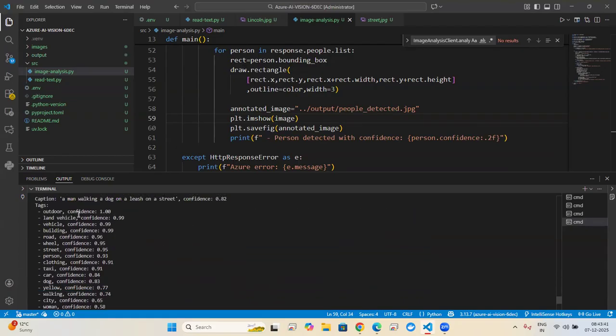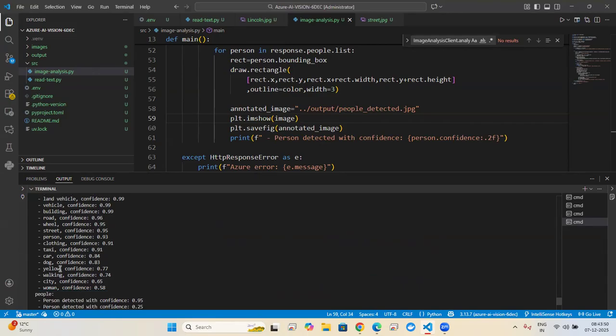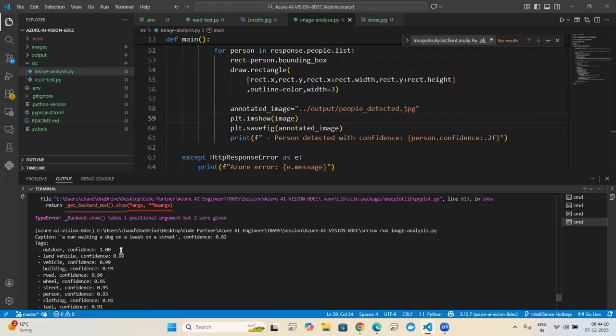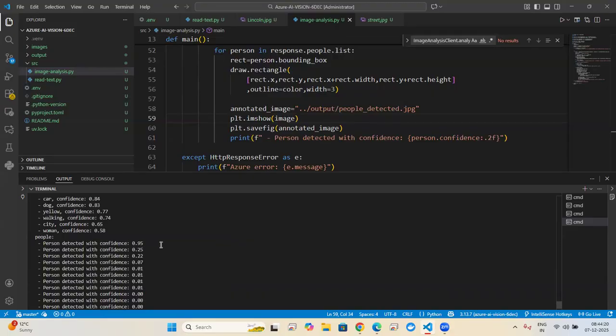Okay, confidence here means priority is 1.00 for outdoor. We have land, vehicle, building, road, wheel, street, person, clothing, text, bear, dog, yellow, walking, city, woman. All these things are all the objects detected on here, and the confidence priority. Confidence means, as a ratio on here, how the analysis decides that is a dog or that is something other. That value is the confidence. What is the meaning of confidence here? Confidence means, suppose